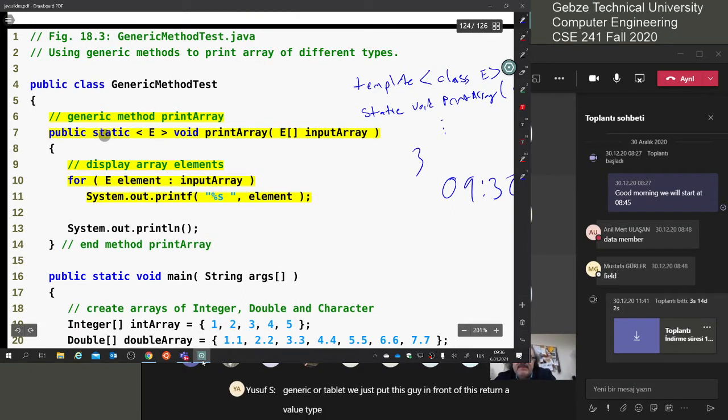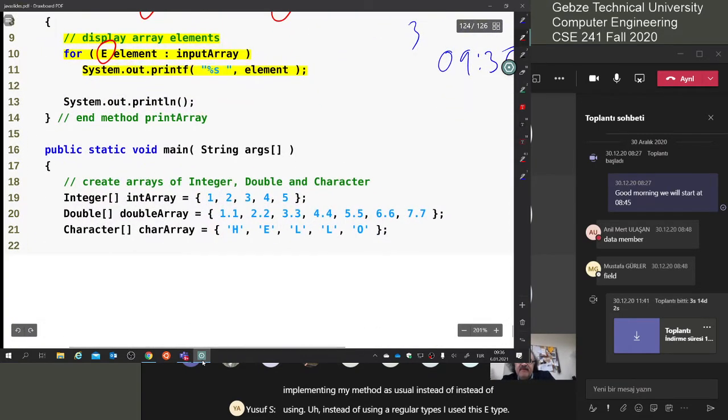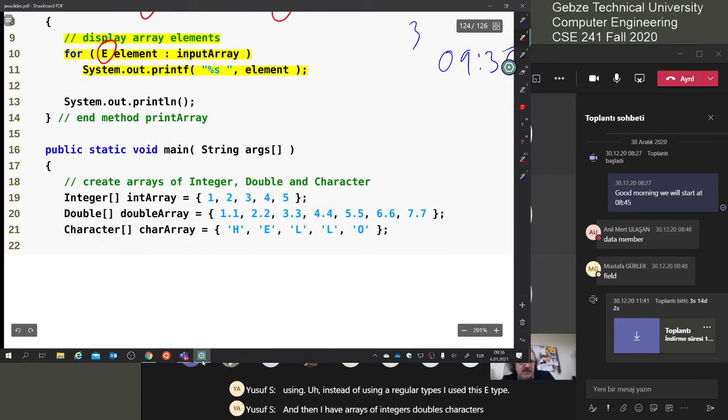Okay, public static void, and I continue implementing my method as usual. Instead of using regular types, I use this E type, and then I have arrays of integers, doubles, characters, or strings, doesn't matter. Okay, these are my arrays, and